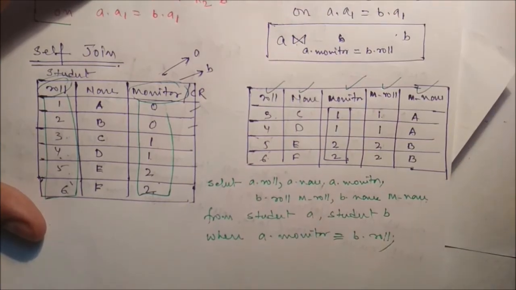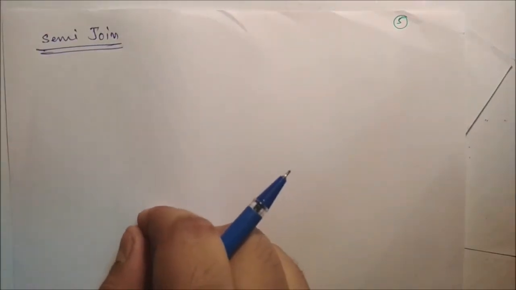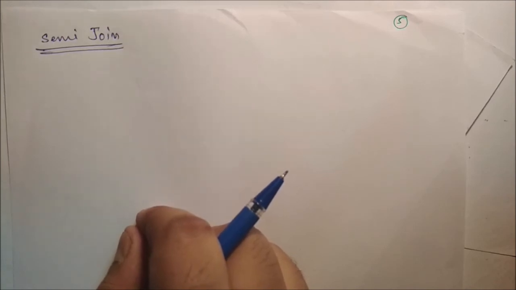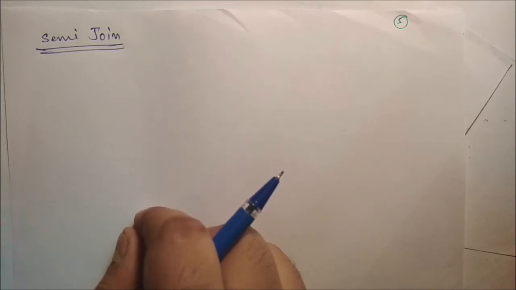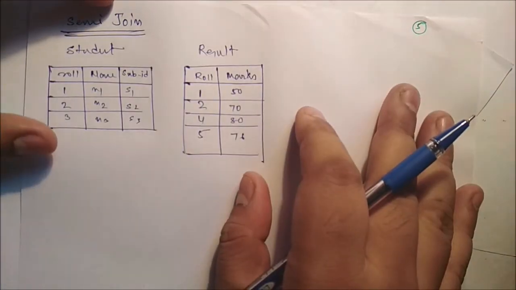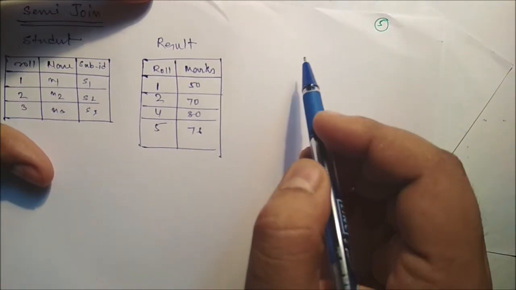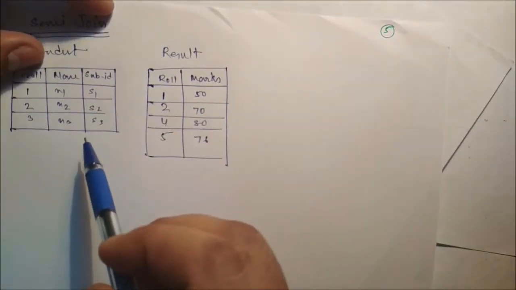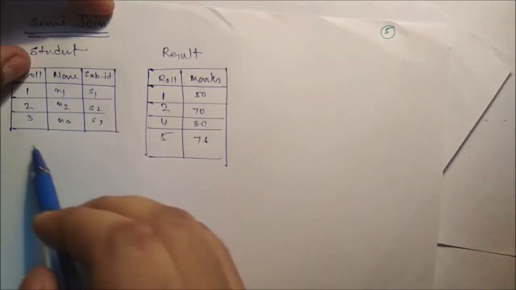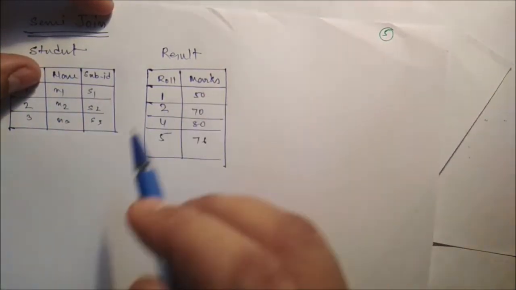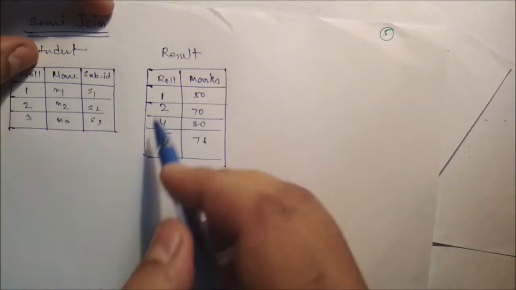Next is semi join. A semi join is a join where the exists clause is used with a subquery. It can be called a semi join because even if duplicate rows are returned in the subquery, only one set of matching values in the outer query is returned. Now you can see one simple example. Already you know we can use semi join using the exists query. Suppose we need to know the roll number and details of the student whose result is there.